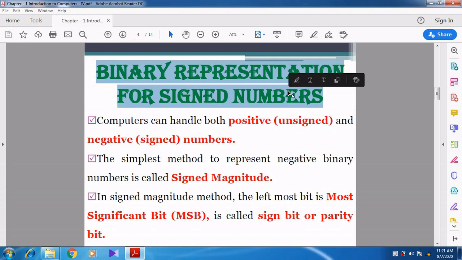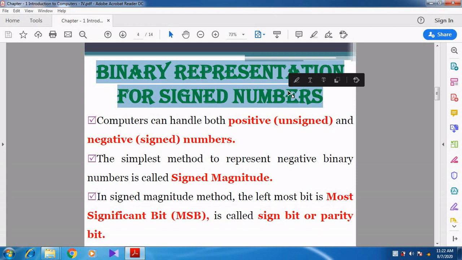For example, for the decimal number 15, how can you generate the binary number? You go for division, dividing by 2, and then you will get the binary number 1111. So whenever the decimal number 15 is given, you get the result 1111. But what about minus 15? If I give a negative sign before the number, is it possible to generate a binary number? Maybe no.